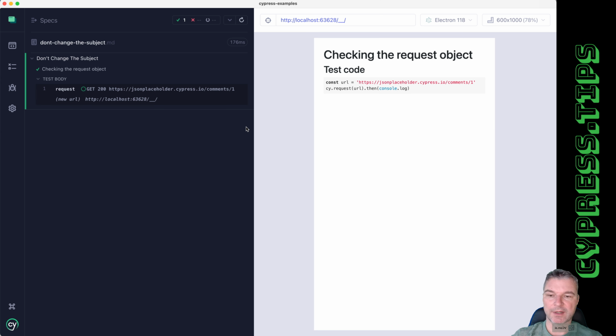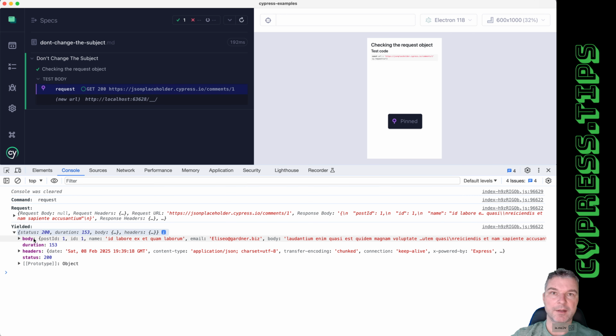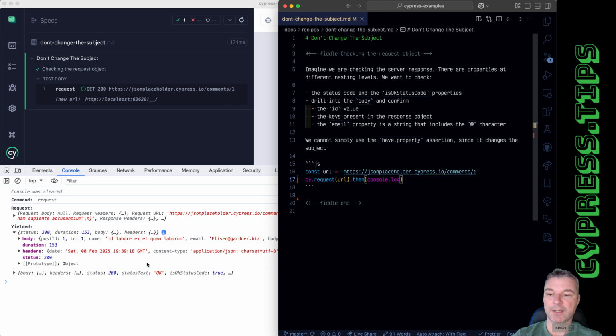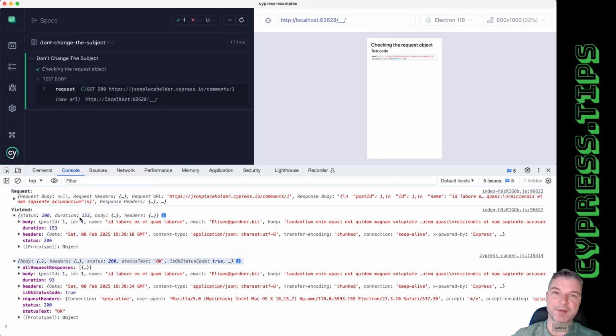So imagine I have a request, or it could be intercept, something that returns a complex object. So I'm making a request. If I look at the request, it yields an object with a body, headers, duration, and so on. And it's not even the full picture. To see all the properties, I need to log the object yielded by the request. And now you can see all the properties that are not even serialized when Cypress shows when you click on